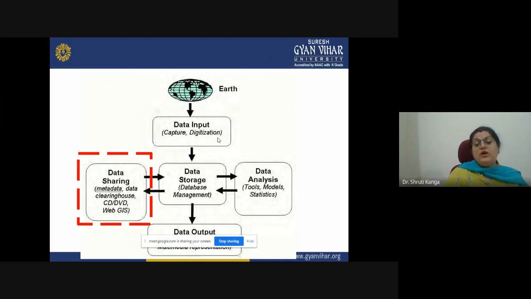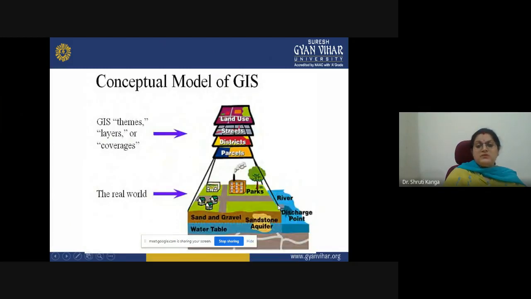Then we have a provision of storing also through DBMS. Then we have different tools for different kinds of analysis, where we can go for different models, statistical approaches, etc. Then we have the option of output, in the form of different maps, presentations, PPTs, etc.